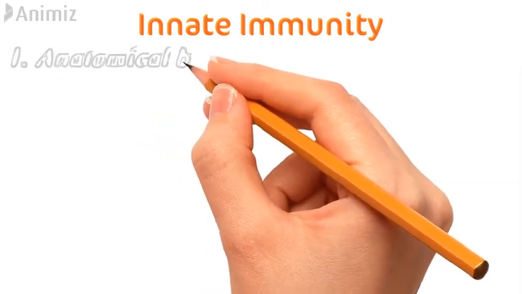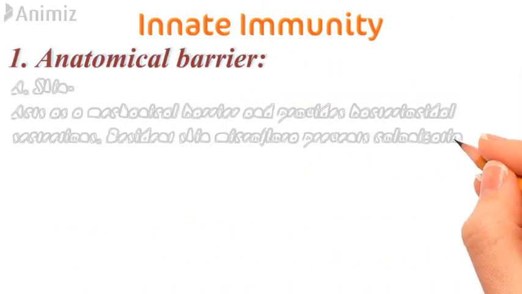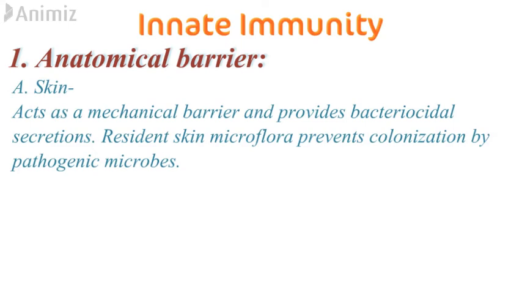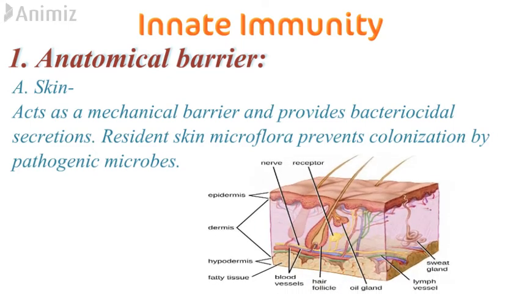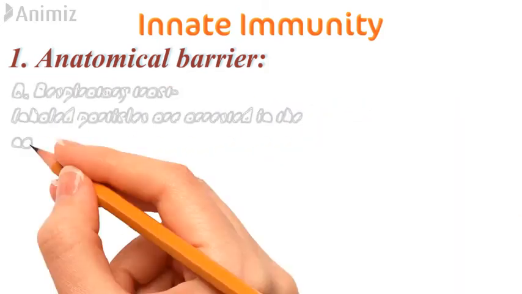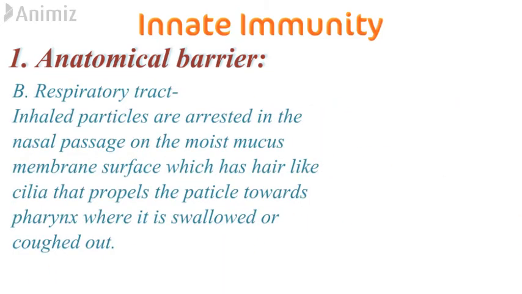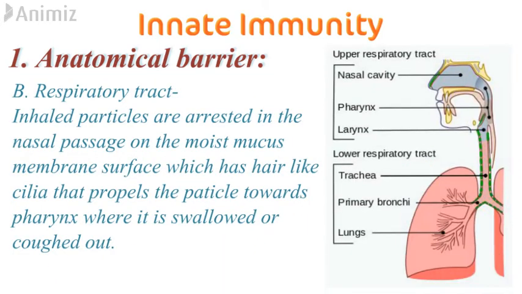Now let's have a look at all the anatomical barriers of our body. First one is the skin, which acts as a mechanical barrier and provides bactericidal secretions, and resident skin microflora prevents colonization by pathogenic microbes. Second one is the respiratory tract, where the inhaled particles are arrested in the nasal passage